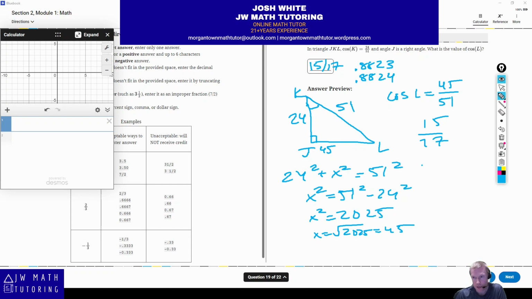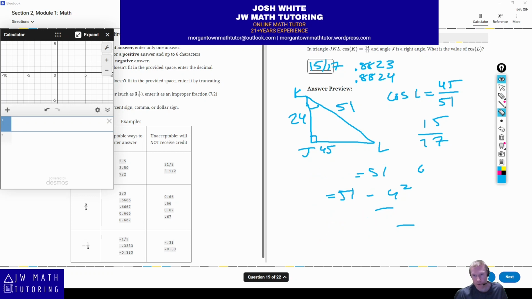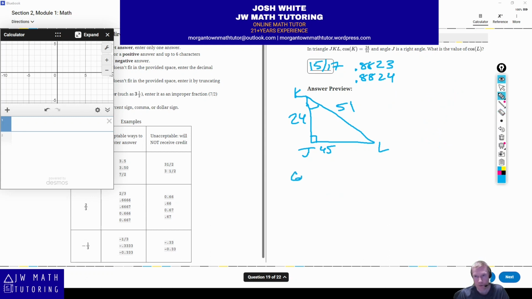Again, this is using basic trig properties to solve it, not the Pythagorean theorem. So you know that cosine K is equal to 24 over 51. So if you do the arc cosine of that,